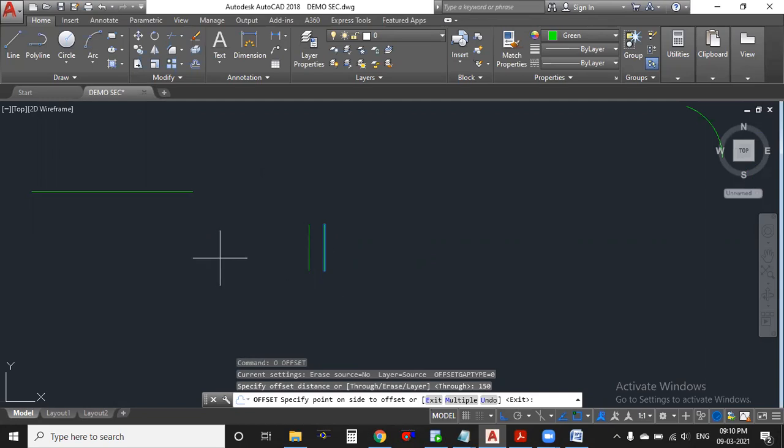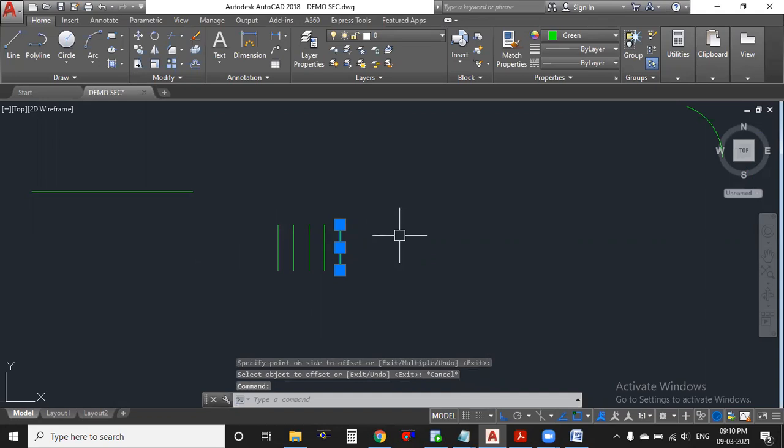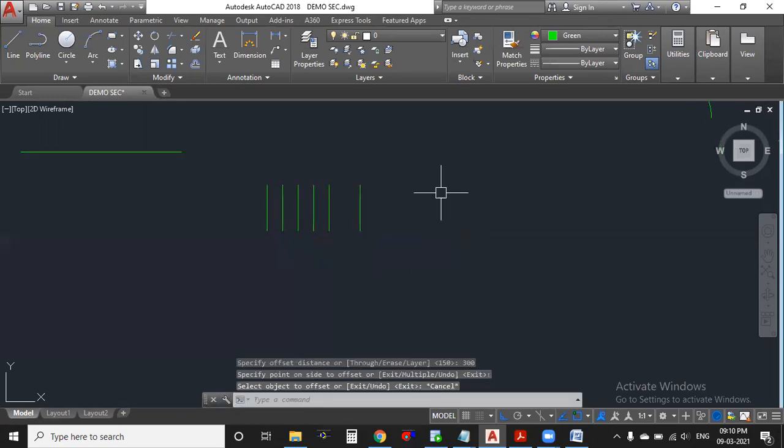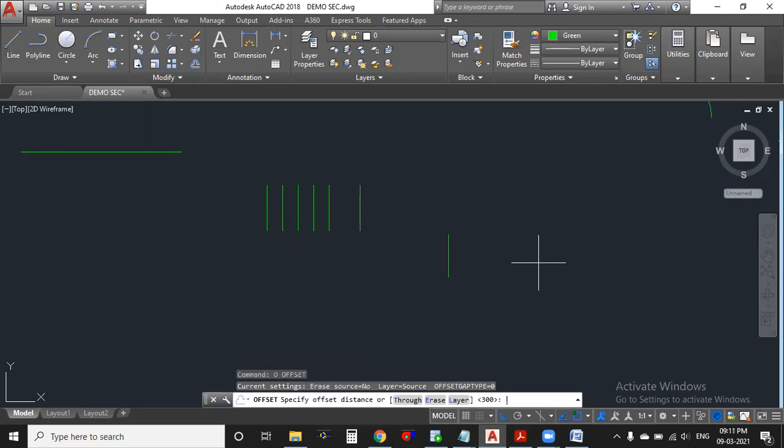For vertical lines, click here. Again you want to continue, click here again. If for the same line you want some other distance: O, enter, offset, 300, enter, click. At a time if you want multiple: L, enter, line, click and pull, select this object, O, enter, offset. How much distance do you need? Maybe I'm taking 100, enter, M for multiple, M, enter. Then take your mouse and just give clicks,